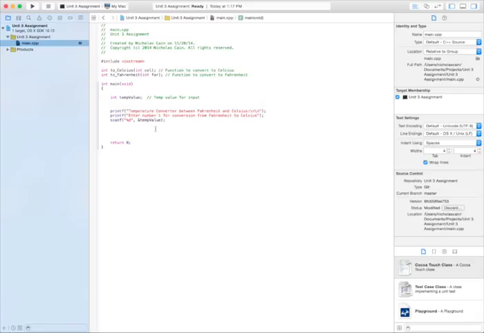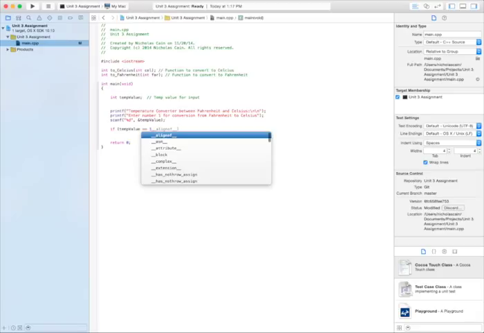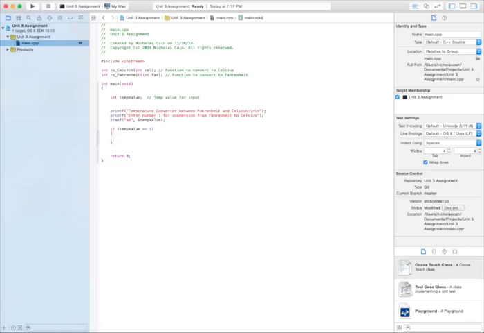So we're pulling in the value, which gets assigned to the temp value, and I'm going to say if temp value equals 1, and I'm only going to do the first portion of this. Then we're going to come in here and do printf. Helps if I spell it a little better. Printf, and we're going to say